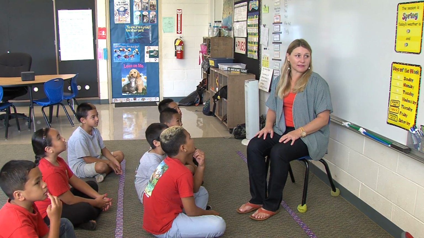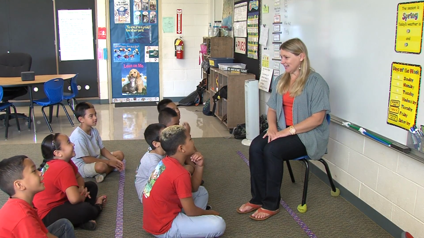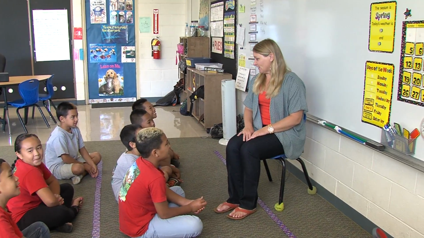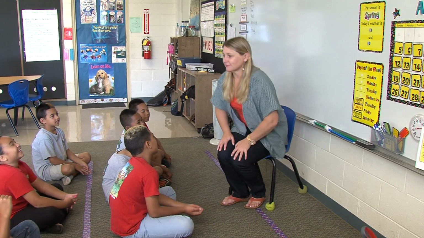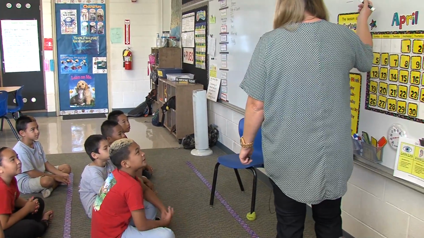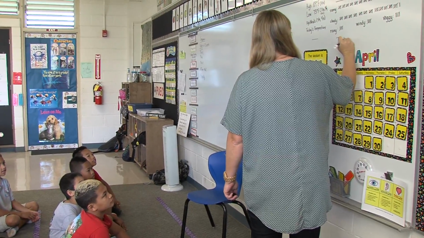So let's see. Yesterday was Thursday. Yesterday was Thursday. Today is Friday. Today is Friday. Tomorrow will be Saturday. Tomorrow will be Saturday. All right, so what do we write on the board here? A capital T for today. Capital today is